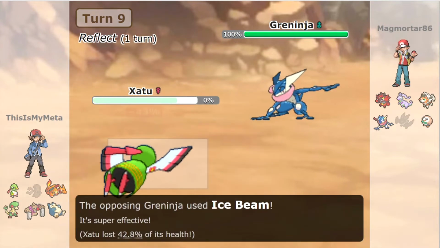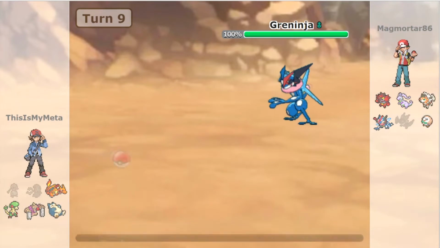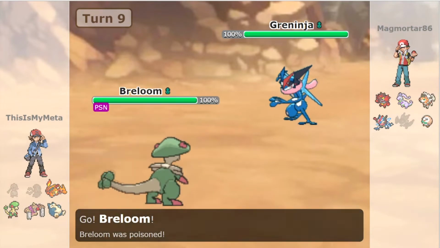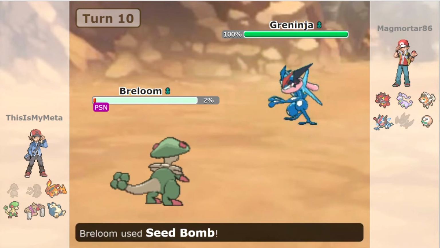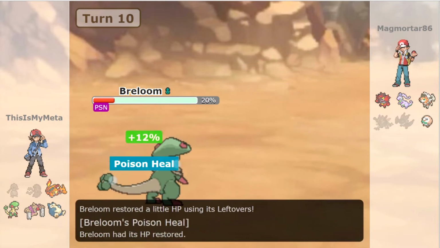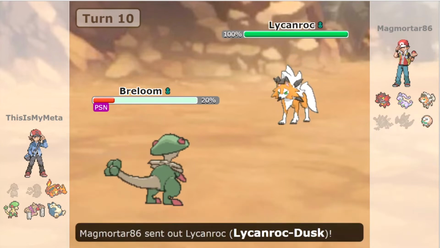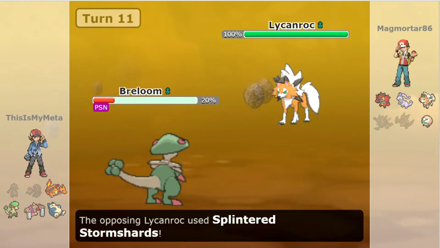Second Pokemon comes in. It's a Greninja. It's not Protean Greninja, it's Ash Greninja. And he takes down the Xatu with an Ice Beam. So we go into our Breloom, get poisoned from the Toxic Spikes, which is exactly what we want. We hang on from that Ice Beam on 2%, get the Poison Heal, get the Leftovers, and he comes in with a Lycanroc,